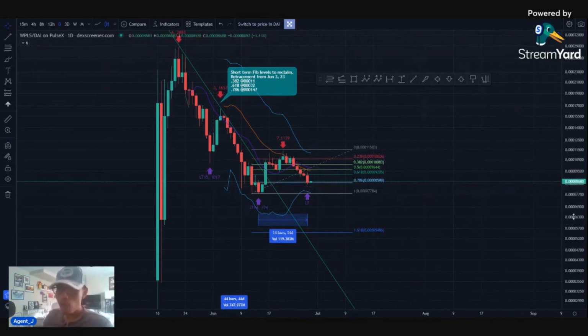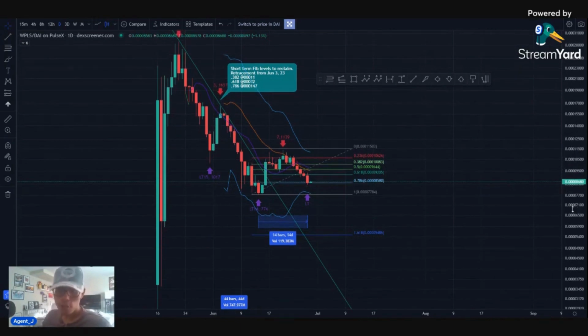Well, the next area of support that I see PulseChain heading down to, if we break down from this level, is around this 0.778 area. And this will serve as some kind of support, right? Even though it might be a little bit of just weak support, because this was our local low, right? For the cycle, this happens to be our cycle low. And if you notice, that's just around where the bottom of the Bollinger Bands are also. And so that's also going to serve as a little bit of support